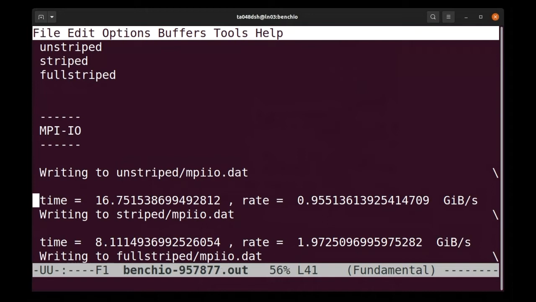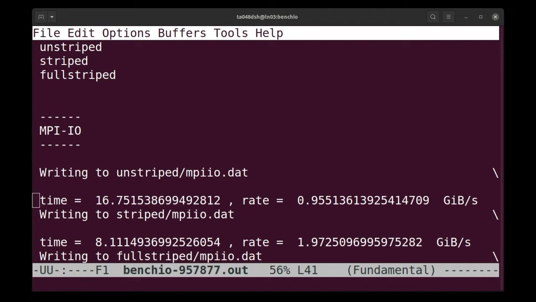Now, there's going to be a small overhead from doing MPI-IO, but basically, if I get that rate, what does it make you think? If I'm getting only 1 gigabyte per second, what do you think MPI-IO is doing there? Anyone have any suggestions? Where have we seen this 1 gigabyte figure before? Anyone have a yes. So what, I'll come back to this later, but what MPI-IO is doing is it's allocating